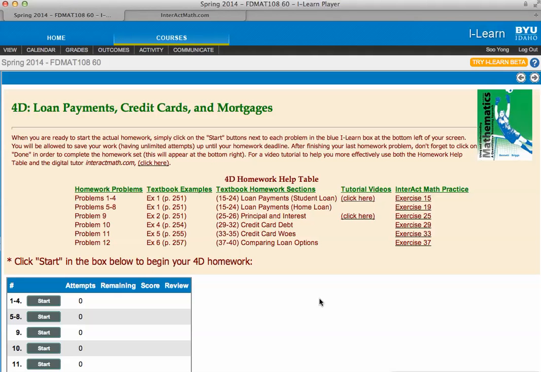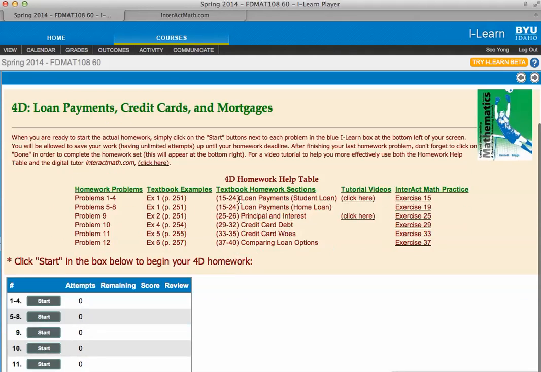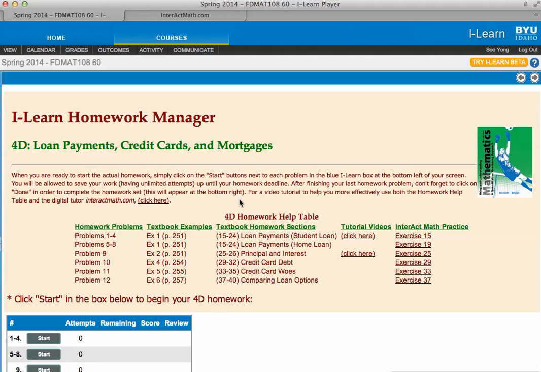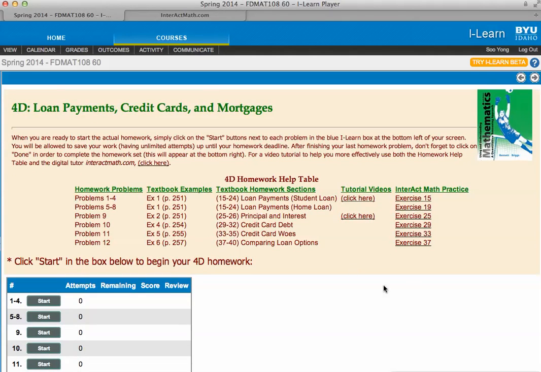This is a brief tutorial regarding the iLearn Homework Manager, your digital way of doing homework. I've intentionally made my screen a little shorter than I normally would to point out one common thing that is important for all students to remember. You must get into the habit of scrolling down, so you can double check to see if more things are available. So with that in mind, I'm going to take you through two different ways of looking